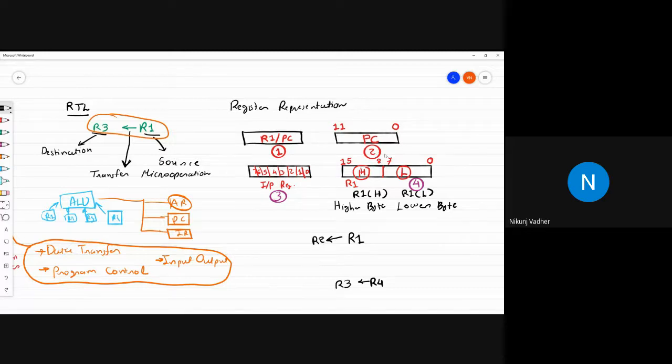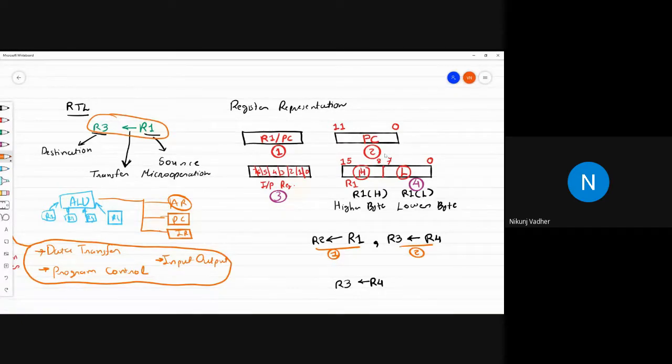In that case, we can write a single statement separated by a comma. So this is statement 1 and this is statement 2.